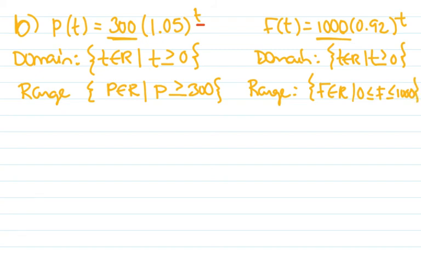All right, letter C. Identify the point of intersection of these two curves. Determine the coordinates to 2 decimal places and explain what they mean. Call this point in time the crisis point. So the point of intersection